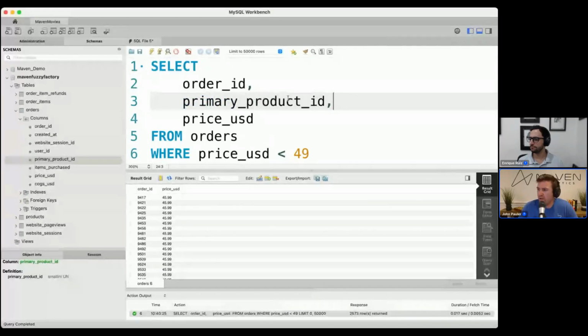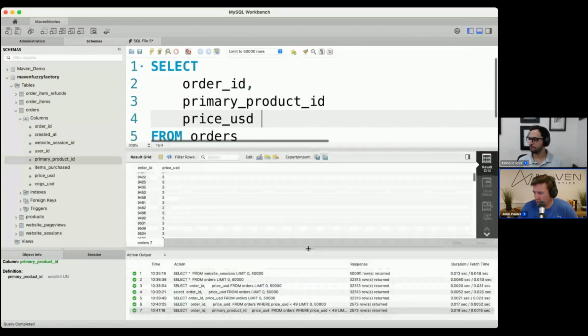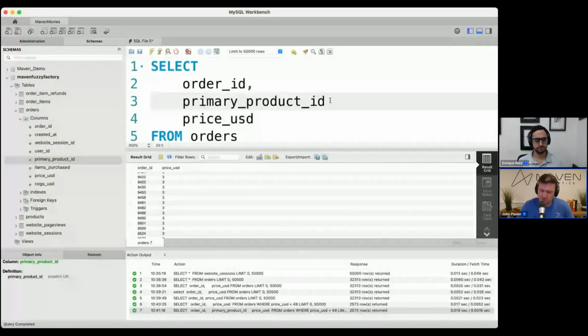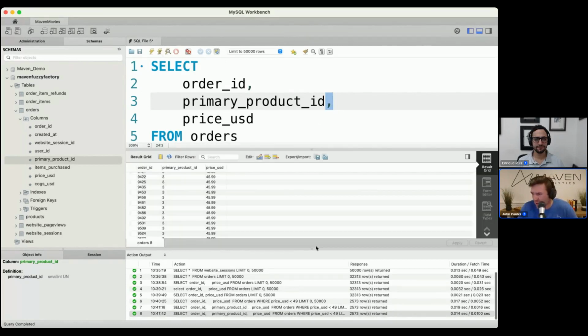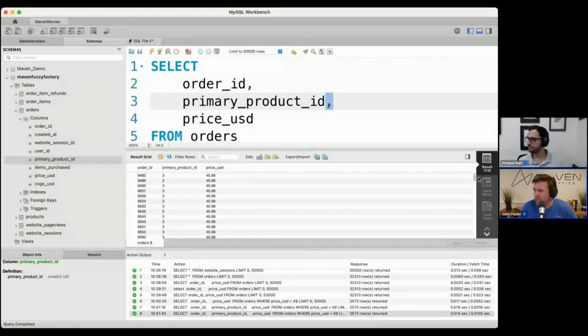Make sure I have that comma here. And actually, let me show you what it looks like if I forgot to put that column in first, so you guys can see. And I am not getting an error here, which is very, very surprising to me. There should be an error there. There must be some setting or some kind of an issue with this Workbench. Basically, if you don't have this column here, you should be getting an error. I've literally never seen that happen before. I'm going to look into that after this. But now we have the primary product ID, so you can see that.